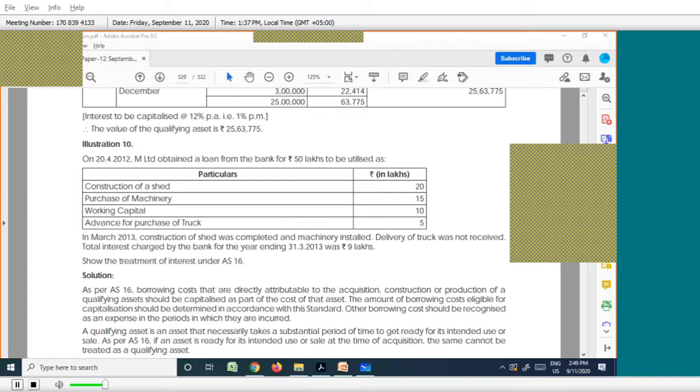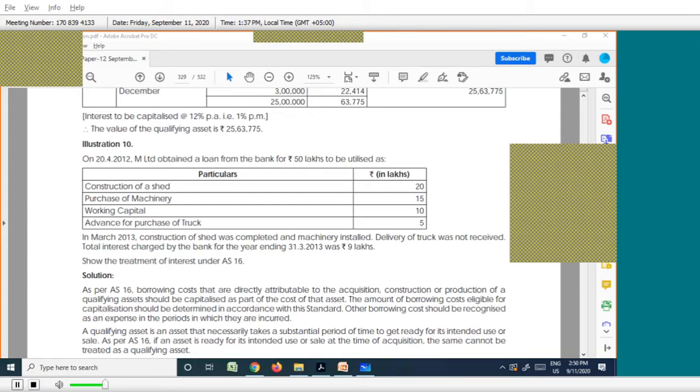I am in the beginning of the year 2012. Construction of a shed is completed when actually? As per the question, it is completed in March 2013. I am in the beginning of the year. 20 lakh rupees I am paying for construction of the shed. So for this one year, up to March 2013,